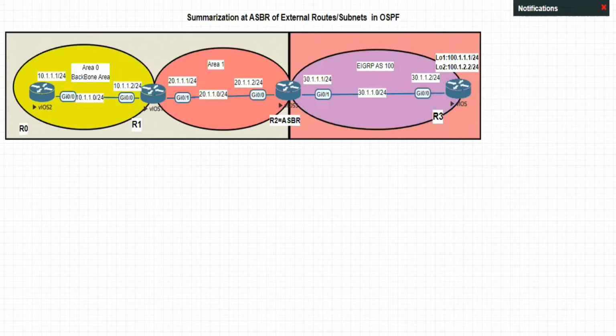Today in this video, we are going to learn about summarization of external routes in OSPF. In the previous video, we configured OSPF inter-area summarization, where we configured the summarization command within the area border router. But in case of external route summarization, we will be configuring the command for summarization in the ASBR,